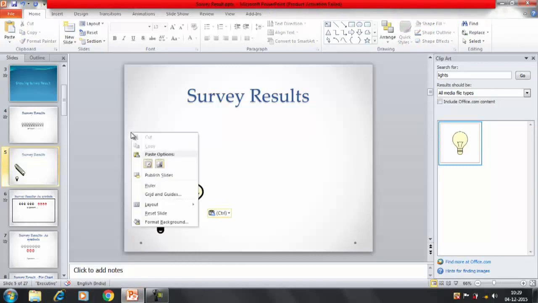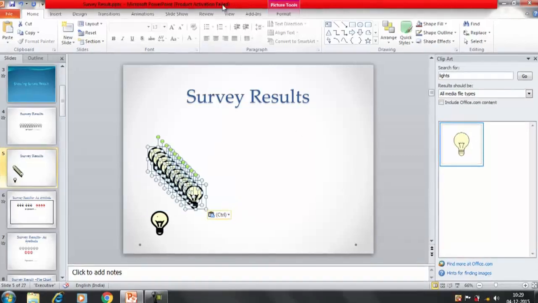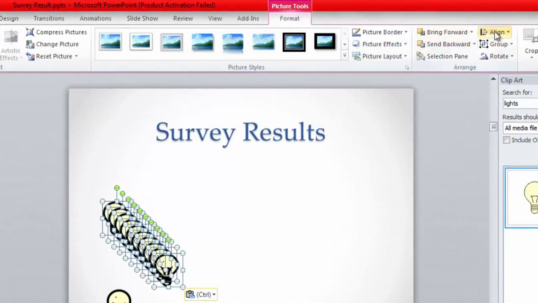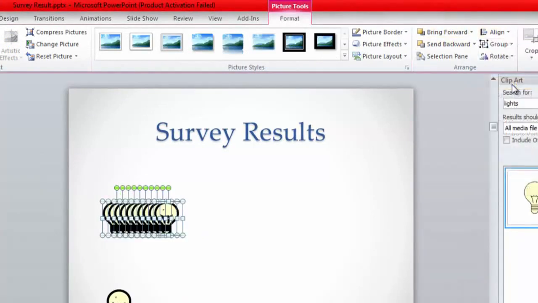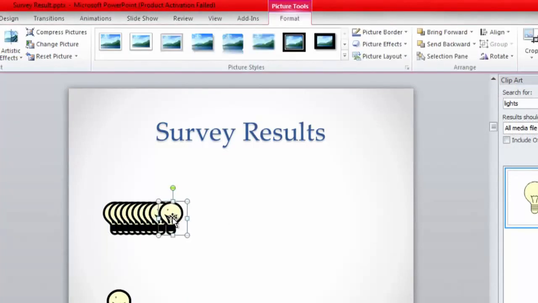I'll select all of them. Okay. Now I'll align them. In the picture tools, click on format, align top, and I want to distribute the images horizontally with equal spacing.